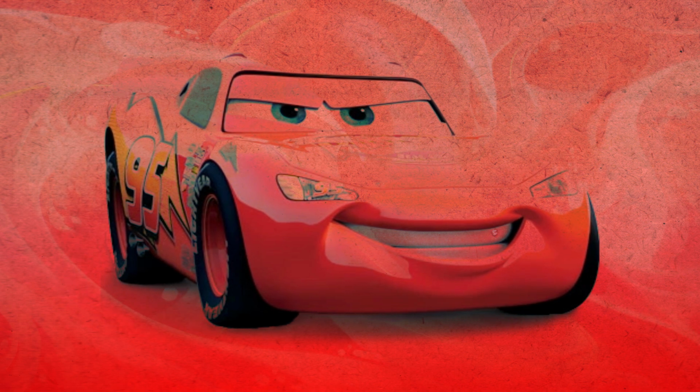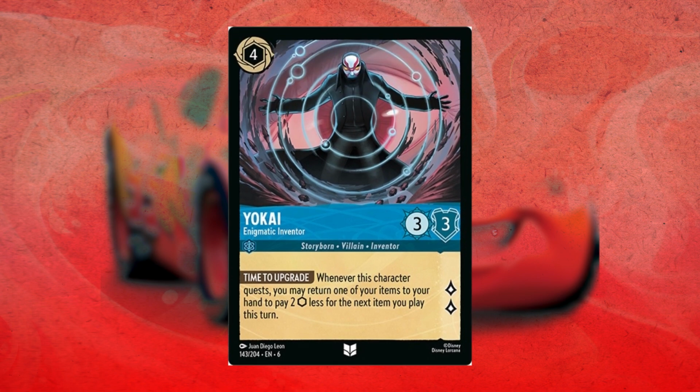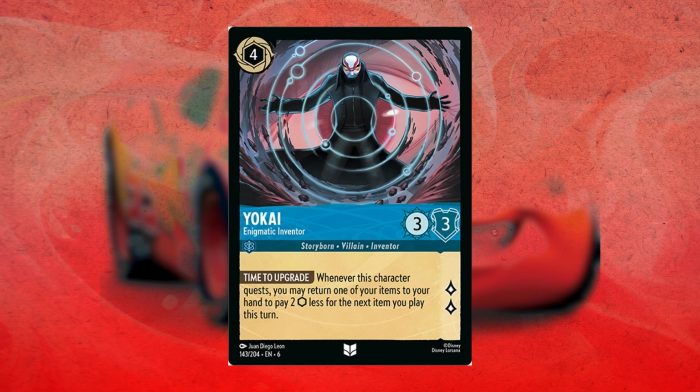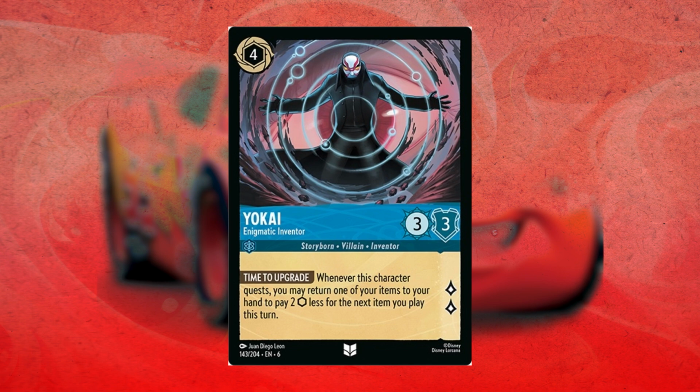Y'all ready? Let's knock some of these out. Okay, so Yokai Enigmatic Inventor is interesting because there's two patterns going on at the same time and catching your eye. Not only do we see the sapphire shape language glyphs taking up the card's center, but there's also the mingling of the nanobots around Yokai's form and within the sacred geometry. Also, speaking of catching your eye, I just noticed there's an eye in the background, and the iris and pupil are perfectly outlined by the glyphs.